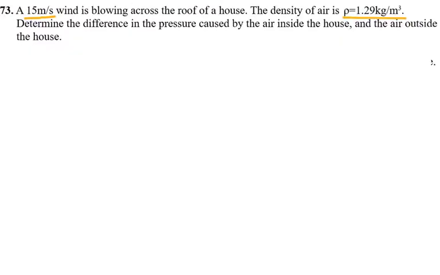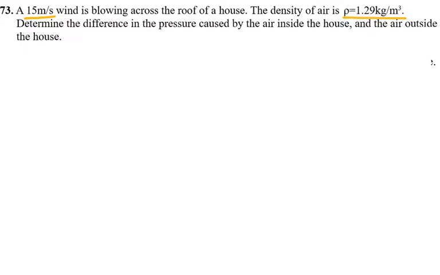In this question, they say that a 15 meter per second wind is blowing across the roof of your house, and the density of the air is given as 1.29 kilograms per meter cubed. Determine the difference of the pressure caused by the air inside the house and the air outside of the house. Because the air inside and outside of the house are almost at the same height, I can cancel